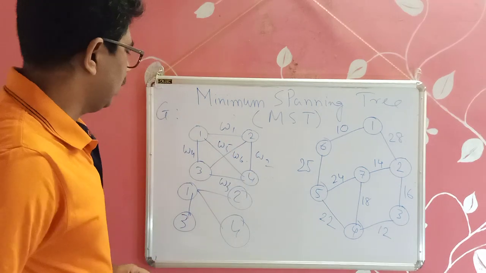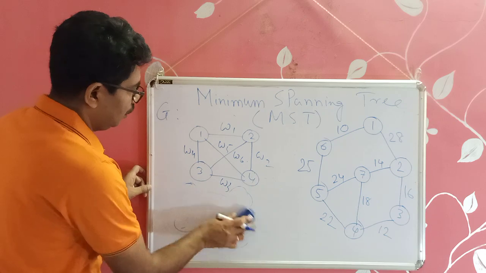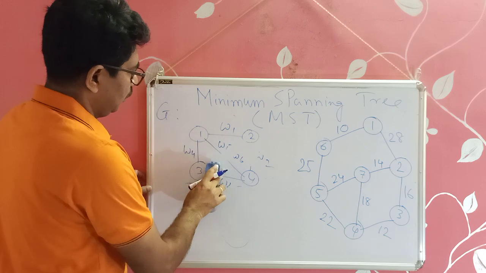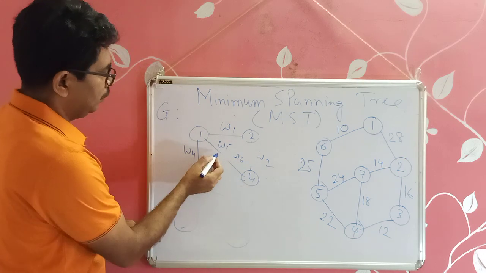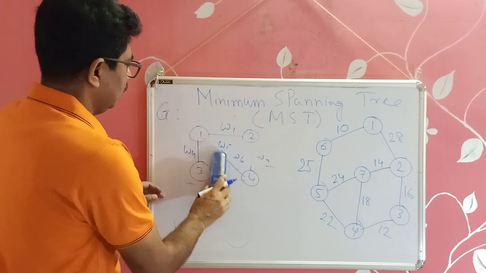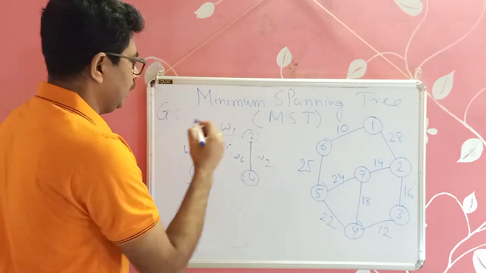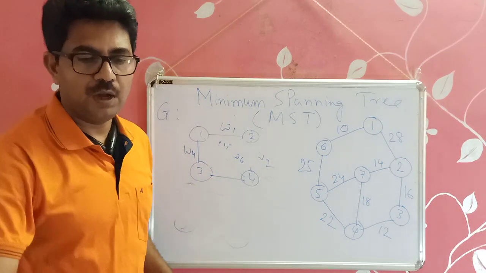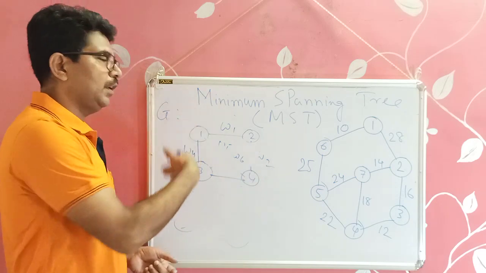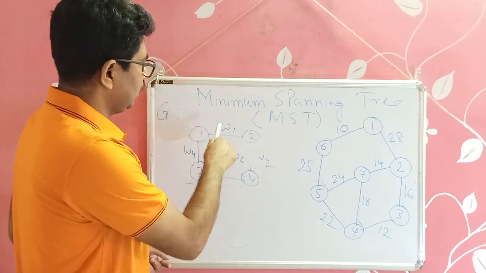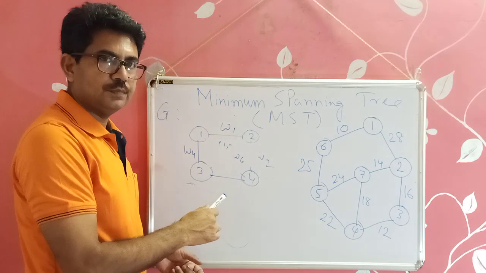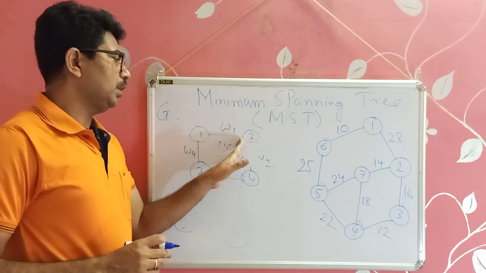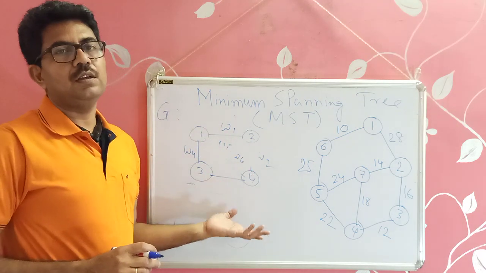So you may have a number of subtrees here or subgraphs or spanning trees. So this one may be a spanning tree, right? Similarly, this is also a spanning tree. Similarly, this one is also a spanning tree, and we may have a number of spanning trees of a given graph. Okay. Now the question is that since the weightages are given here, what will be the minimum weighted spanning tree?